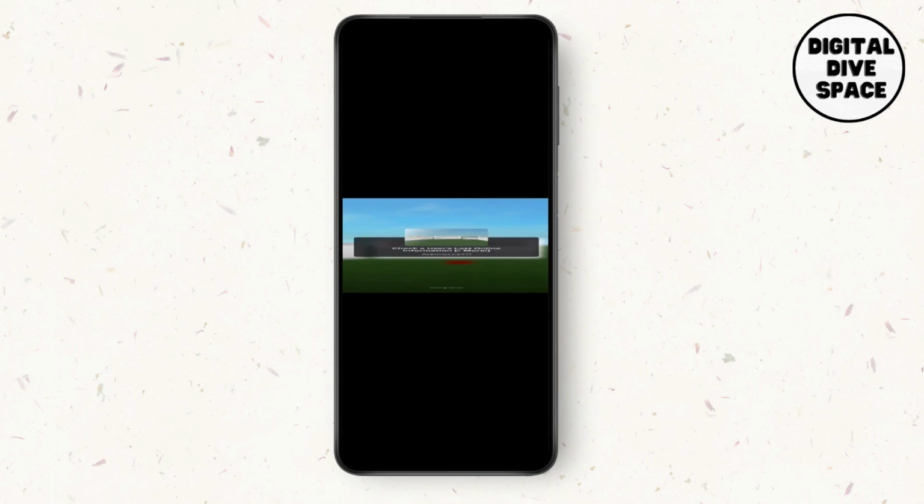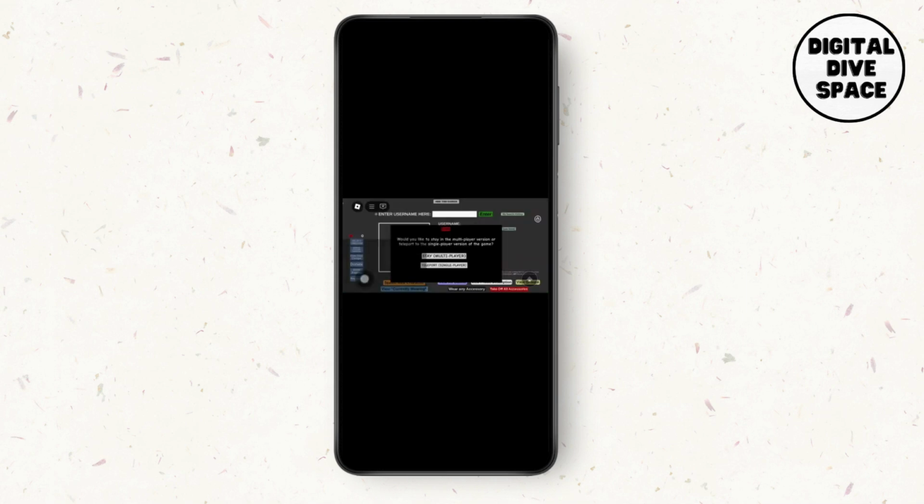As you do that, you can just wait, and then it will give you the option that if you want to stay in the multiplayer version or teleport. You can select any of these options. I'm going to select teleport. It doesn't really matter which option you choose for this one. After selecting this option,